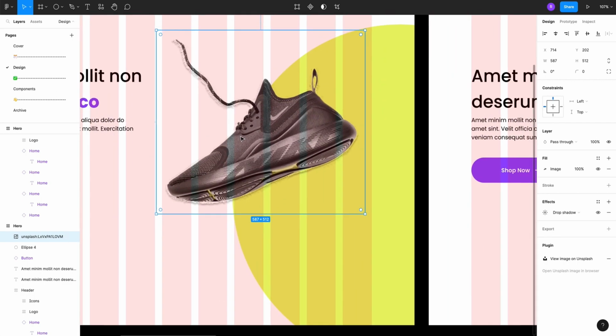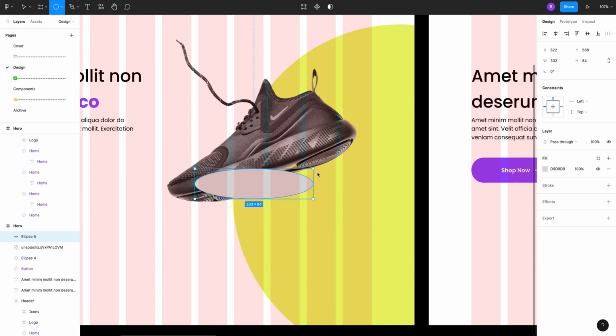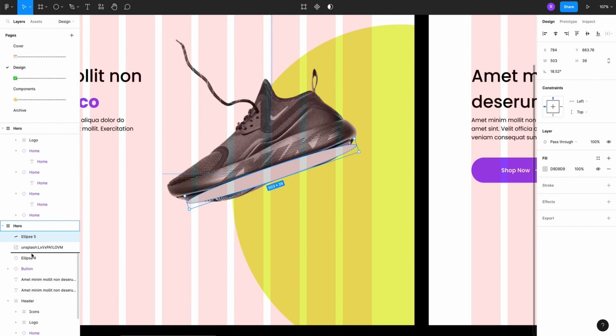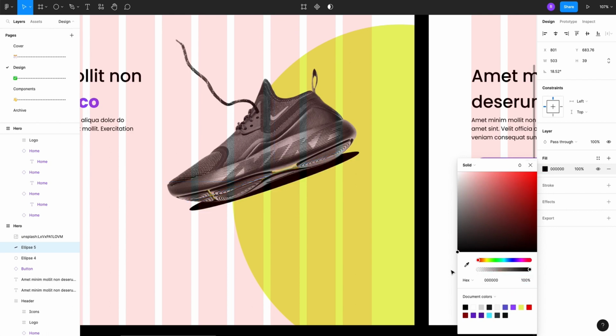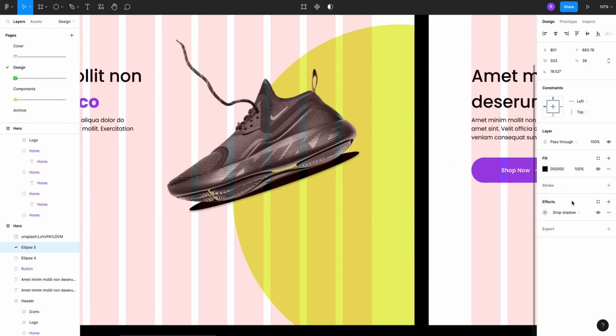So to adjust this, you can use the ellipse and drag something like this. I'm using the ellipse, and then I will just rotate it. So I bring it here. Okay guys, I'll bring it a little bit down to the images. I'll give it the color black, and then I will use an effect for that, layer blur, maybe let me say